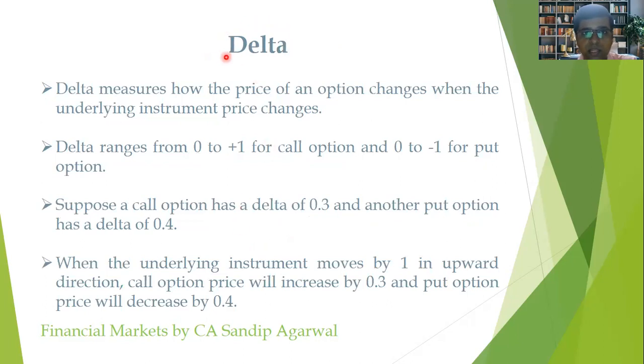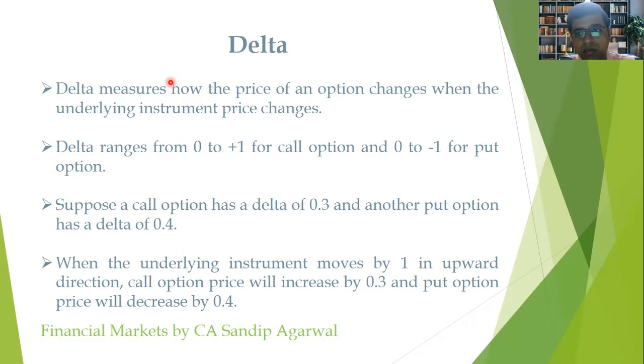So we will explain the first option Greek, which is known as delta. To give you an example, the current underlying instrument, which we will take in this video, is Nifty. Now say Nifty currently is trading at 16,600. What is delta? Say we have bought an ATM call option of 16,600 of the Nifty underlying instrument, and the delta of that ATM call option is, say, 0.5.